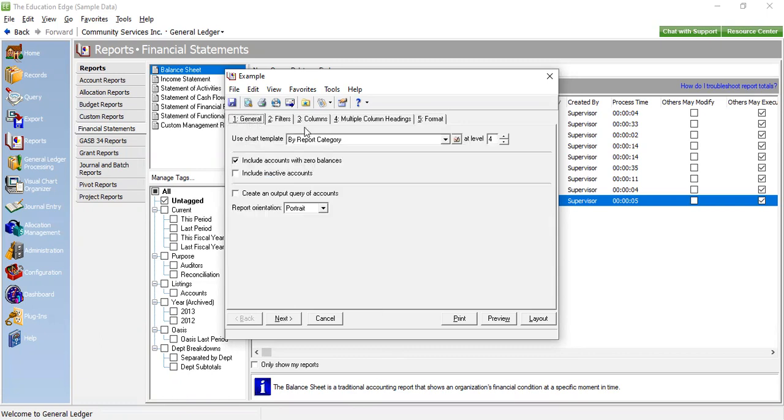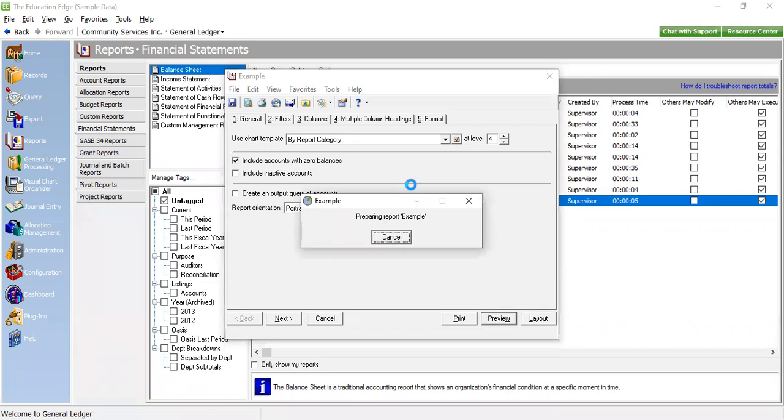Now, as I said, all the tabs that you see here are very similar in whichever report you want to run. Due to time, I'm going to click preview, but if it starts to spin too much, I don't want to take up too much more time in this, and I want to move on to a couple other things while you're here with me. One of the things